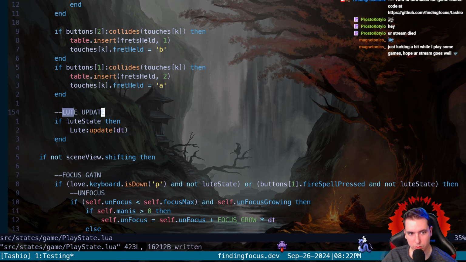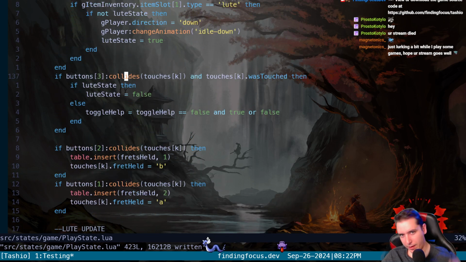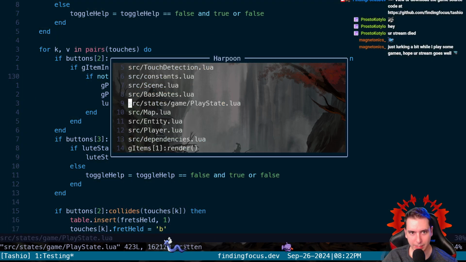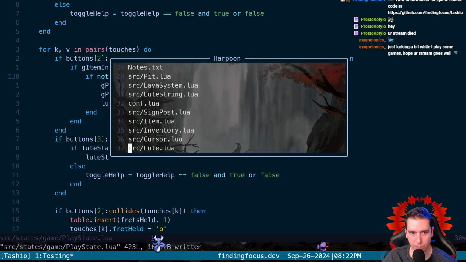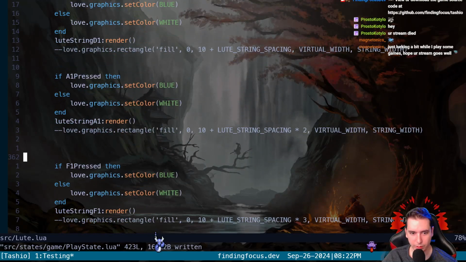Okay, so that like 400 lines turns into 6 lines in our play state now, if we can pull this off. But it'll be a little more than that too, because we have to take any local variable in here and pull it into our init.